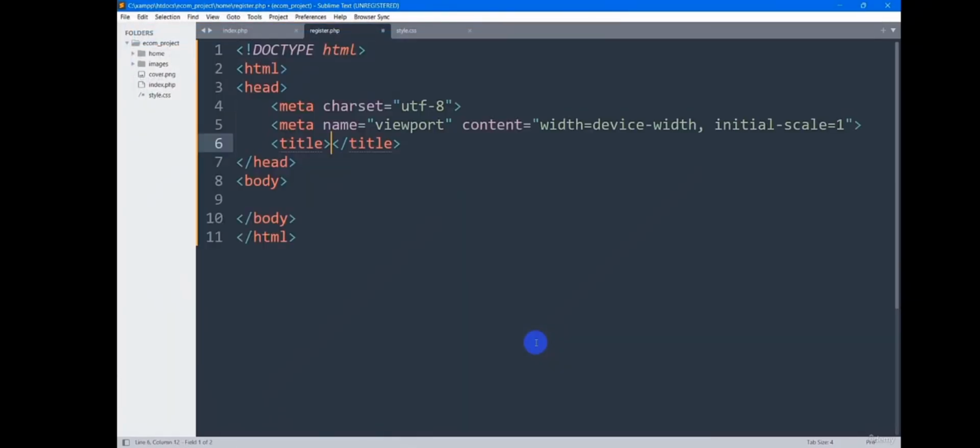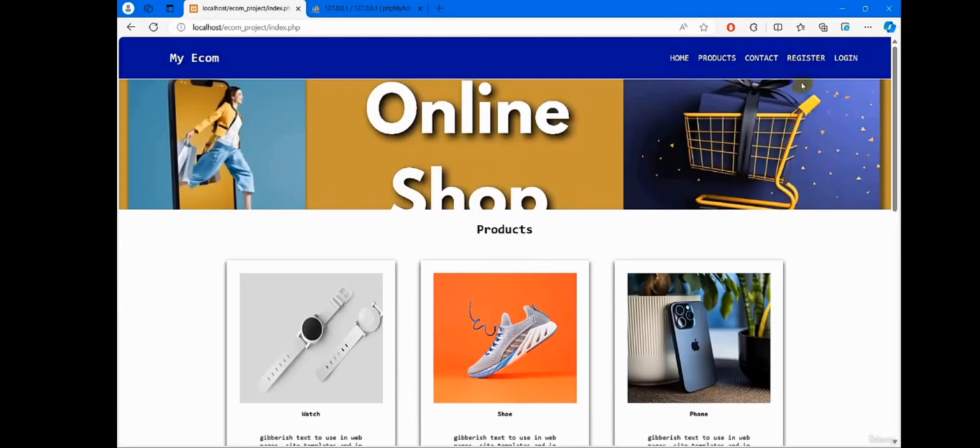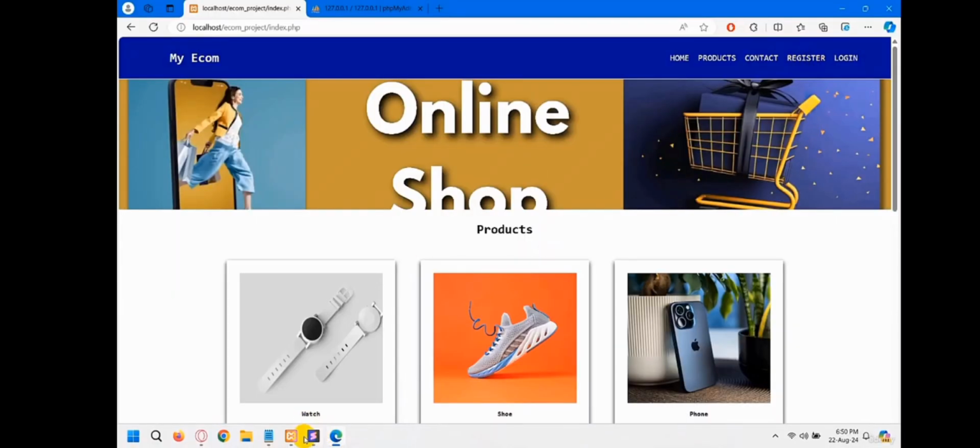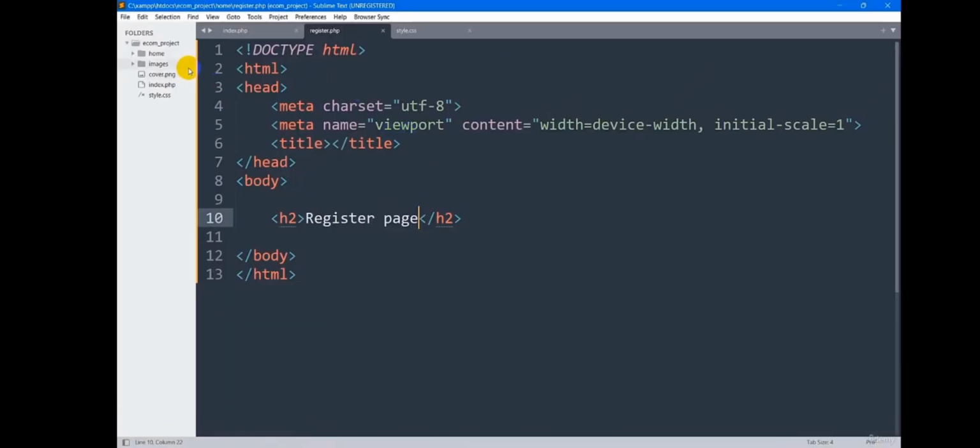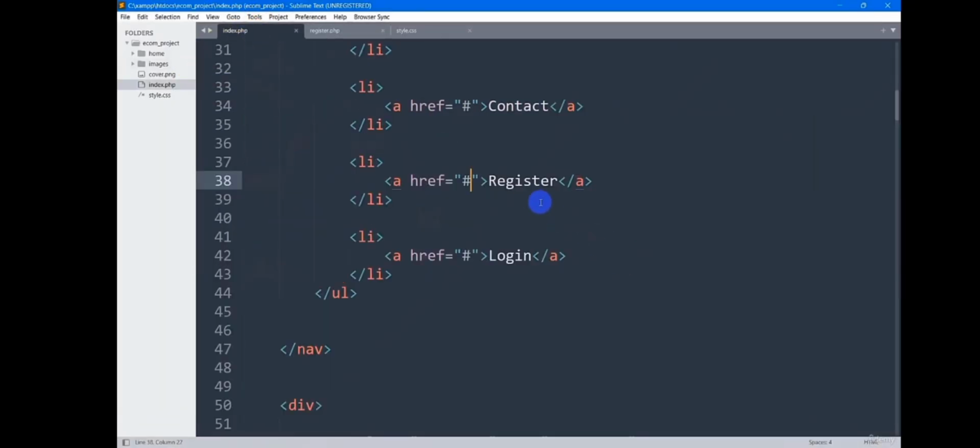So here, let me just say simple HTML, and in the body, I'm going to mention the h2 tag. Let's say here, register page. And right now what we want is that when we click on this register page, it will take us to this page. So for it, let me just go to index.php, and here you can see we have the anchor